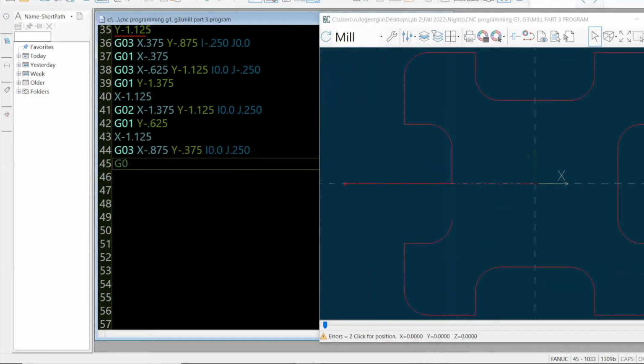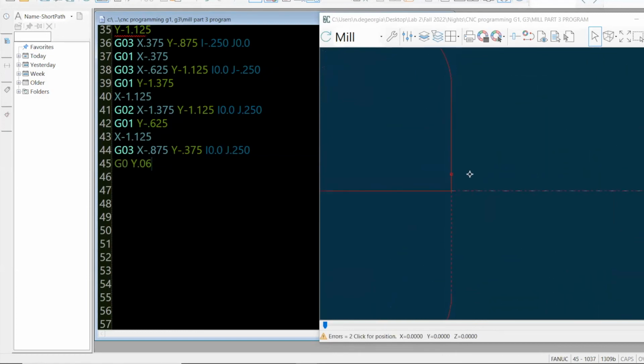Y.06. The reason I'm going just past Y0 is to take off any lip or nub that the tool may have left. By overlapping these cutting paths, I'm going to ensure that it's going to be a straight shoulder. After that, I'll be turning off cutter comp with a line movement, G40, and then to the position X minus